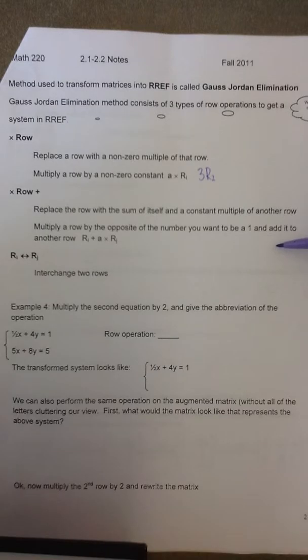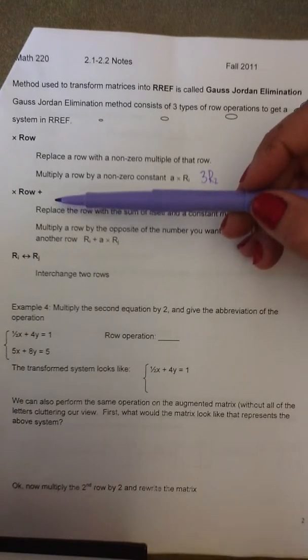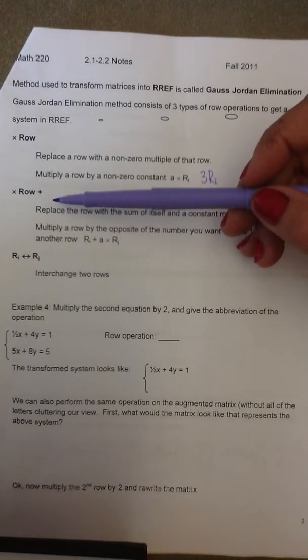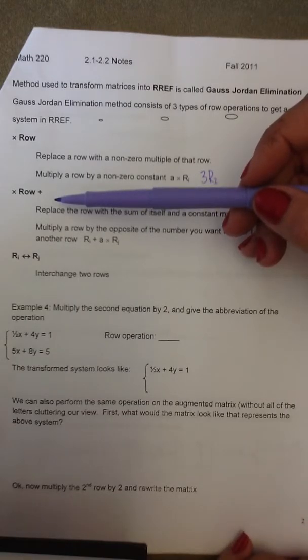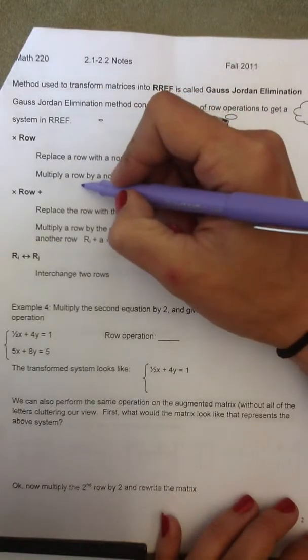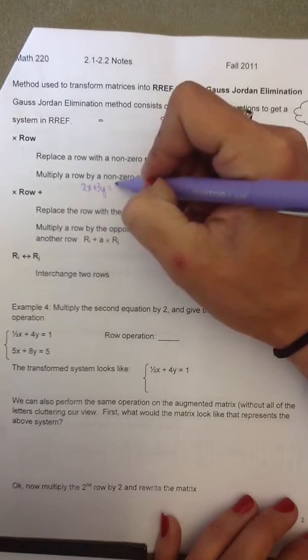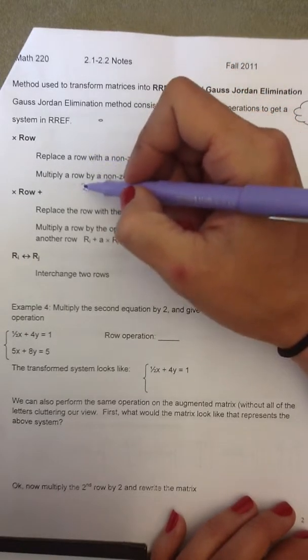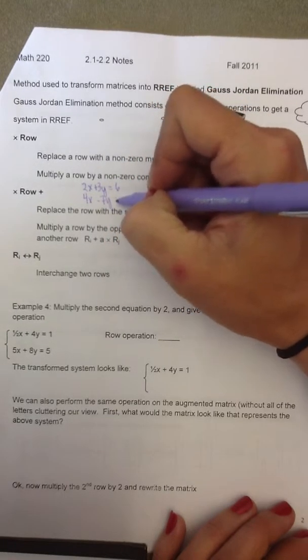The second row operation I have listed here is times row plus, which is probably the most difficult row operation that there is. And this is similar to what we did when we solved systems of equations using the addition/elimination method. So for example, if I had a system of equations like 2x plus 3y equals 6 and 4x minus 7y equals